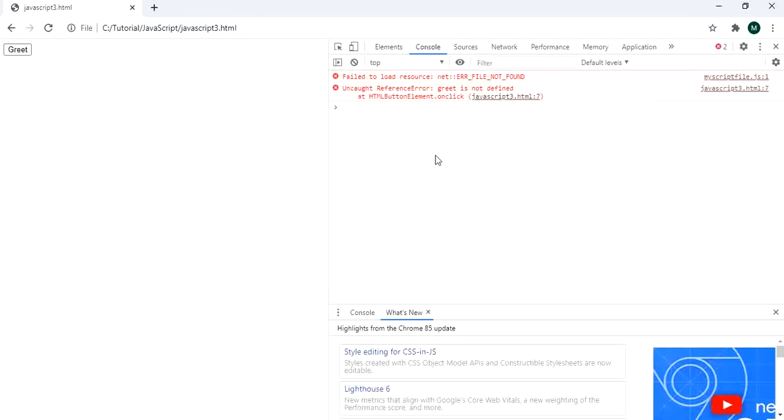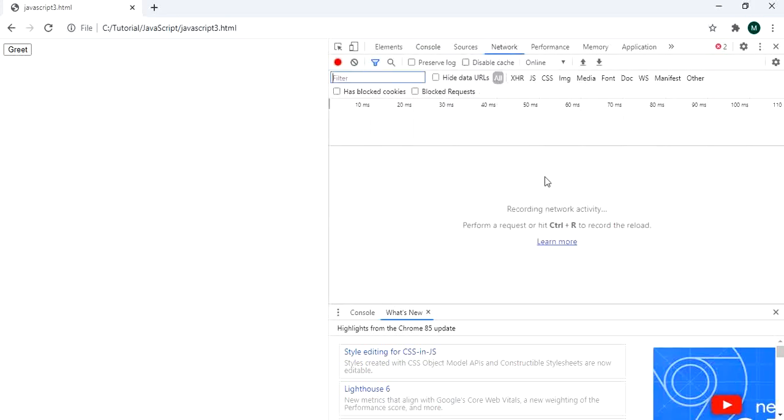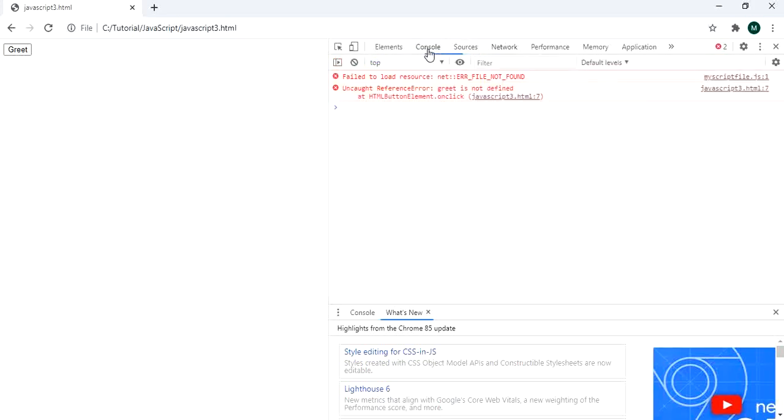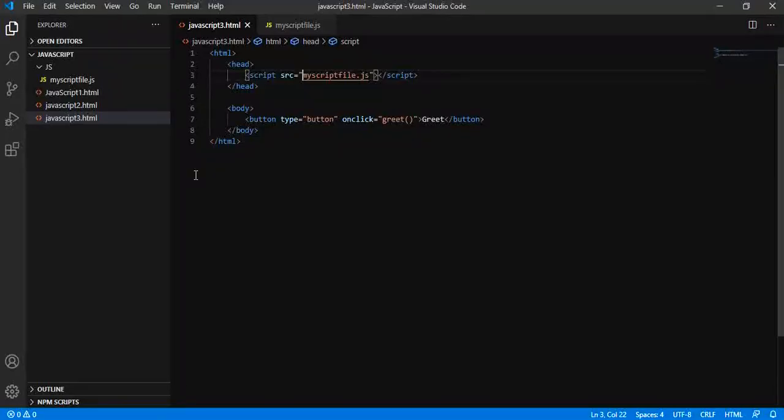So this is saying greet is not defined. We have defined our script file inside the JS folder, and we forgot to add the complete path, that is JS/ then our file.